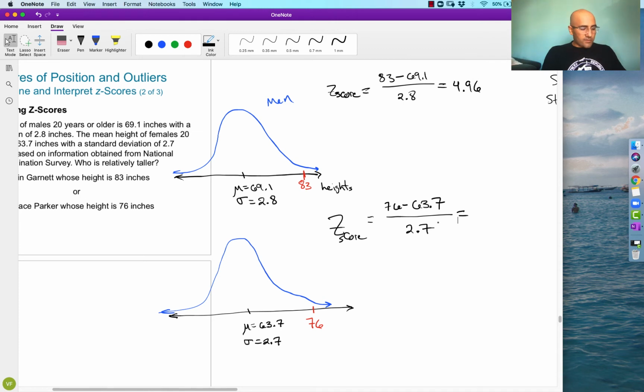All right, that would be about a 4.555, so we can say about a 4.56. Okay, very, very high, right? It's a little bit more than 4.5 multiples of the standard deviation to the right, whereas Garnett, right, so this is women, females,